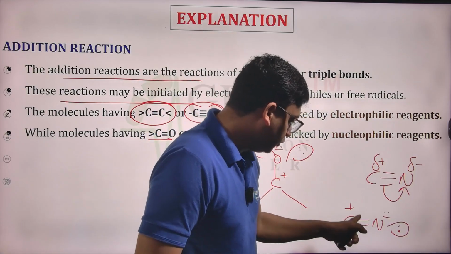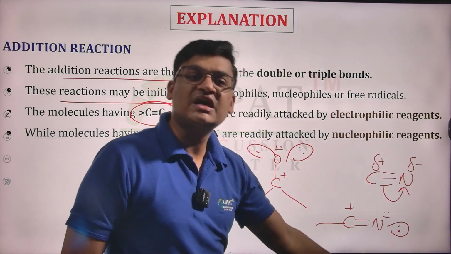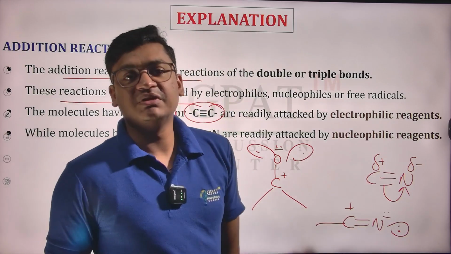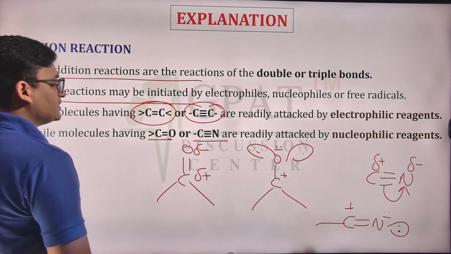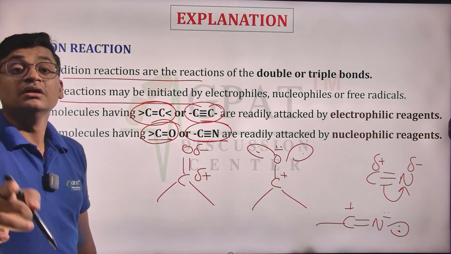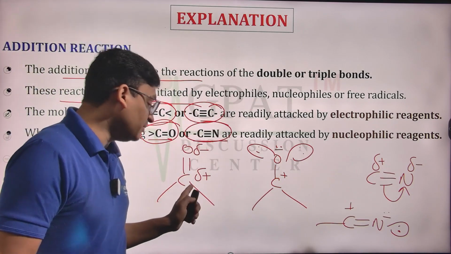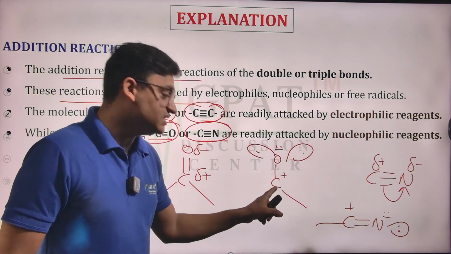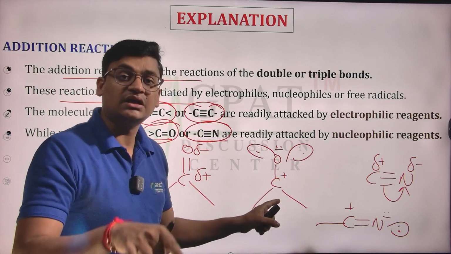So 2, 4, 6, and 8 electrons. Nitrogen has its octet complete, but this carbon again has an incomplete octet. So yes, the carbon double bond oxygen and the carbon triple bond nitrogen will have nucleophilic addition, since carbon will be attacked by a nucleophile due to deficiency of electrons. This carbon is actually acting as a